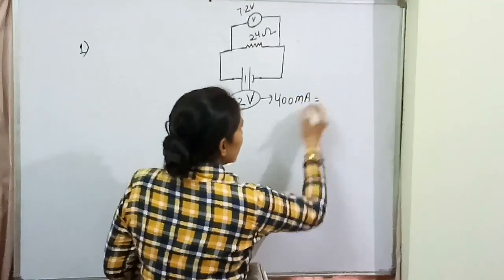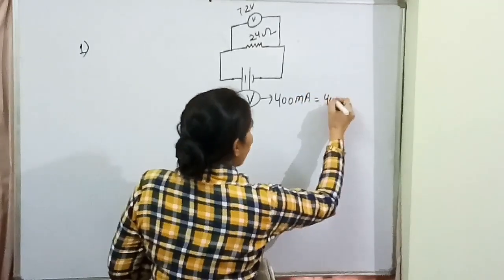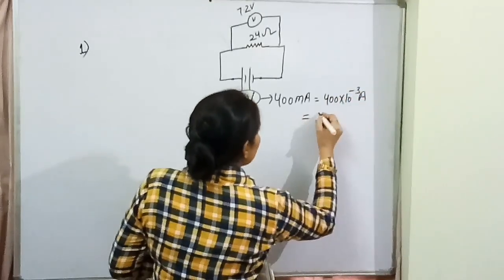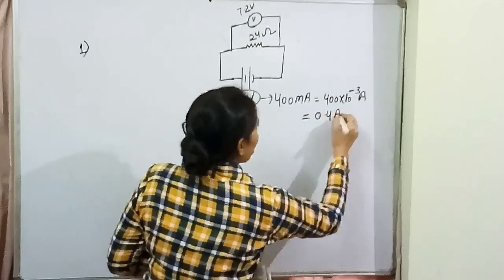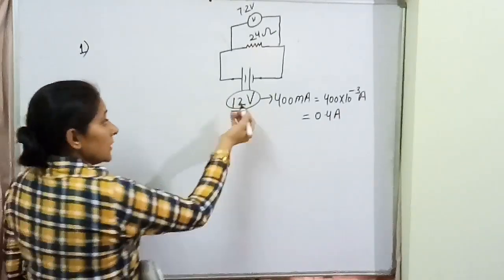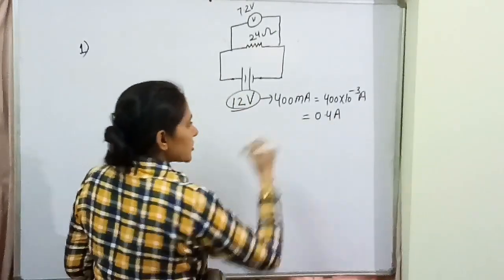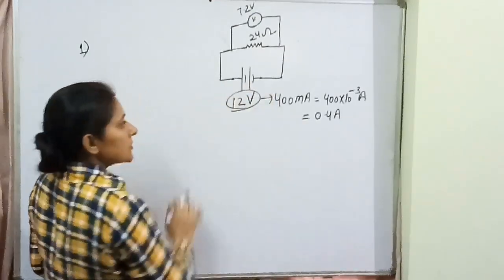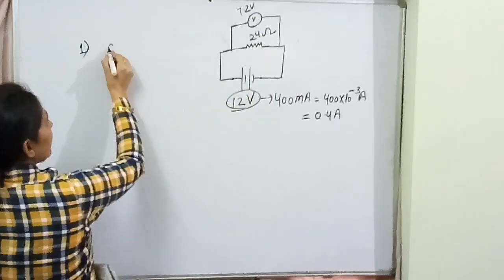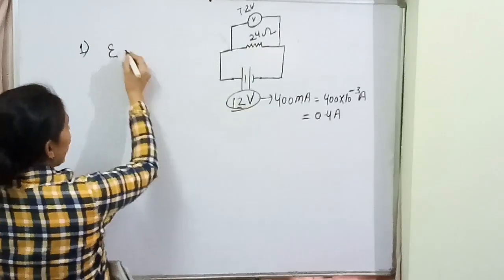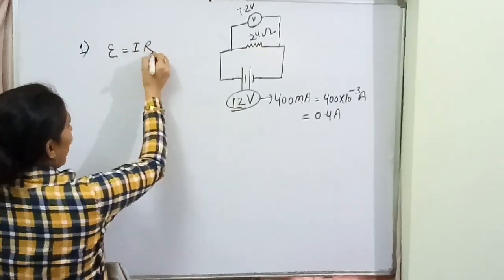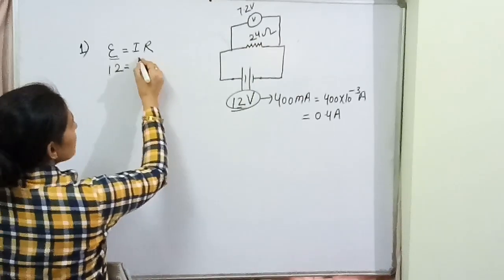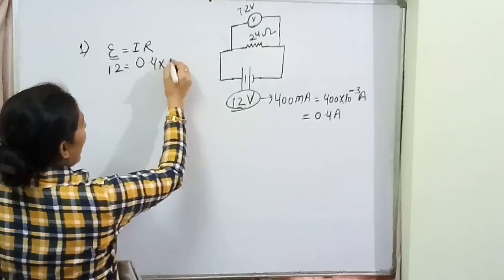Okay, we can convert it into ampere. That will be 400 into 10 raised to the power minus 3 ampere, or you can say 0.4 ampere, right? This battery can provide this much current. So what will be the resistance of this battery? सिर्फ इतनी बात कीजिए. What is the resistance of this battery? We are aware EMF whatever is given to us that is equal to I into R. EMF कितना दिया है बैटरी का 12. करंट कितना होगा? That is 0.4 into R.